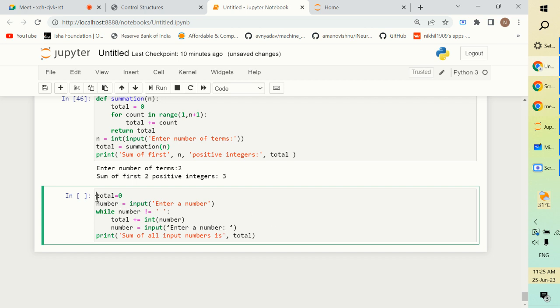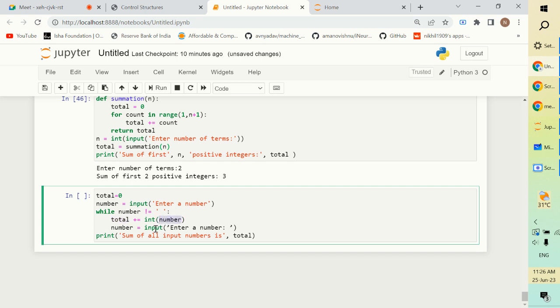First of all, I'm initializing the value of variable total to be equal to 0. Then I'm inputting the number, enter the number. So this will get stored in number. If number is not equal to this empty space, total will be equal to int